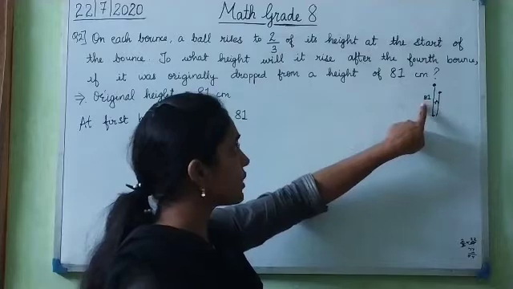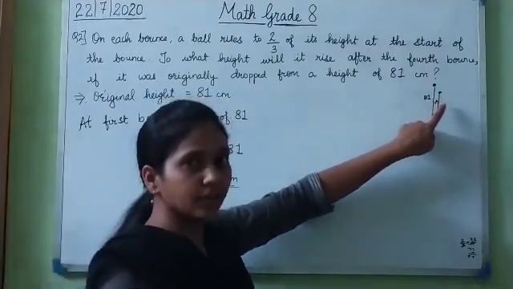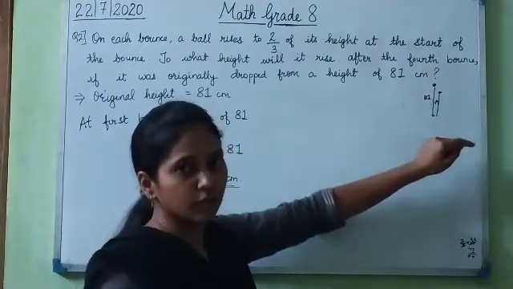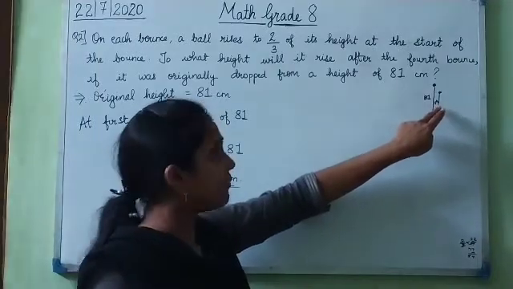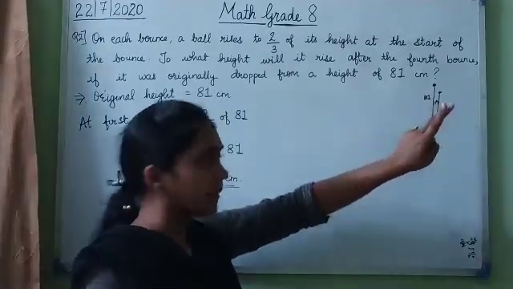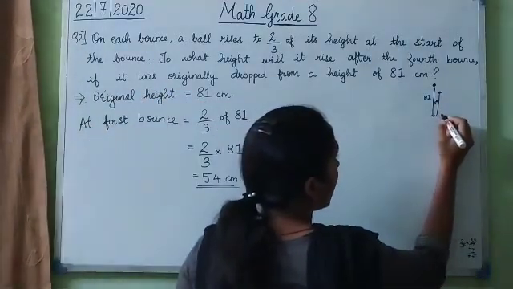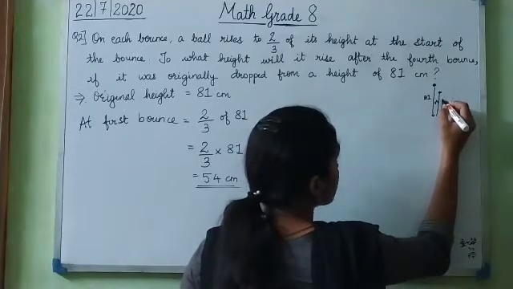The 81 was the height for the first bounce. Now the new height which I have got, that is 54. This will be the height for the next bounce now. So the next bounce will be 2/3 of the previous, meaning the 54 height. So I drop it from here again, it will come and suppose it bounces back to this height.